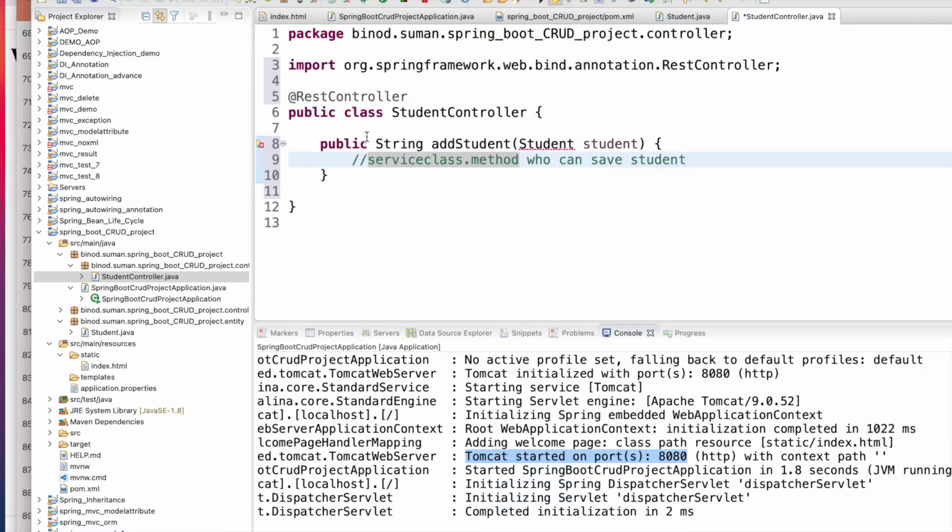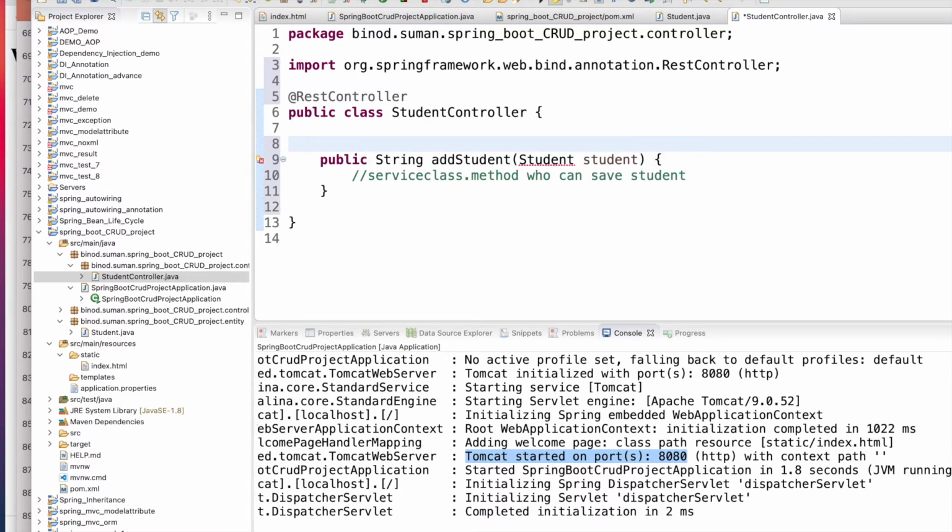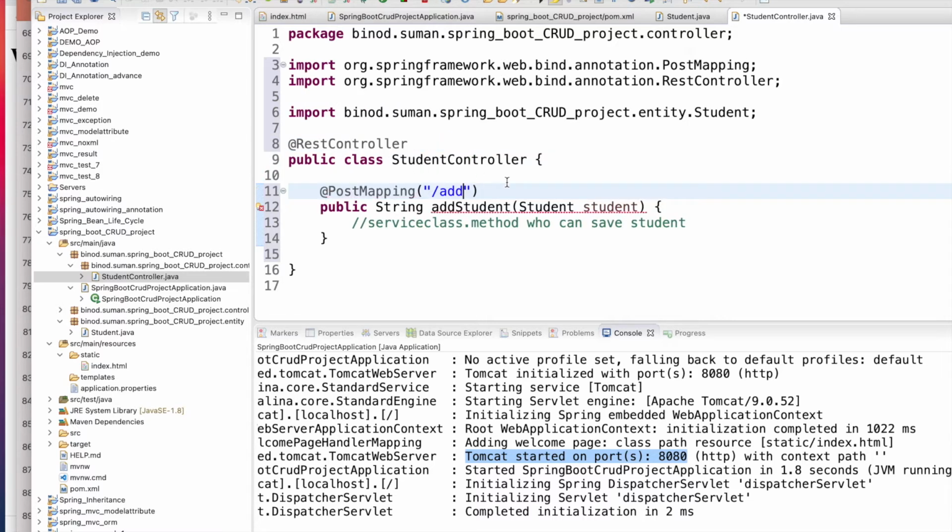But before that, how we can get the data through the rest for the student. So we have already know that we can use the request mapping or the post mapping, because I need the data, and you can give the name for the URL is the add, right?